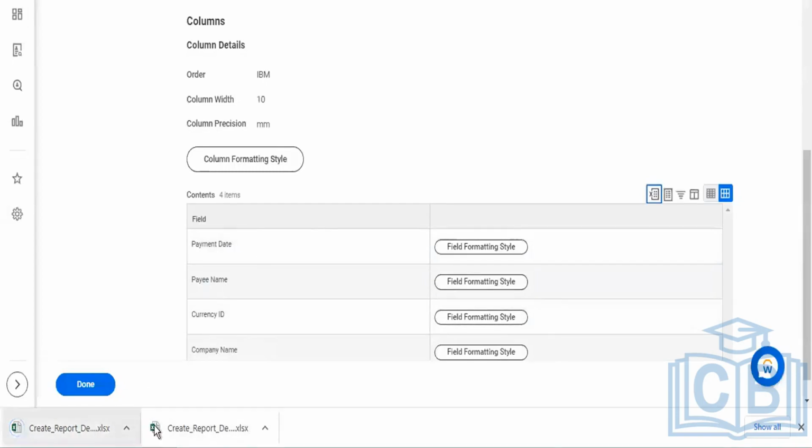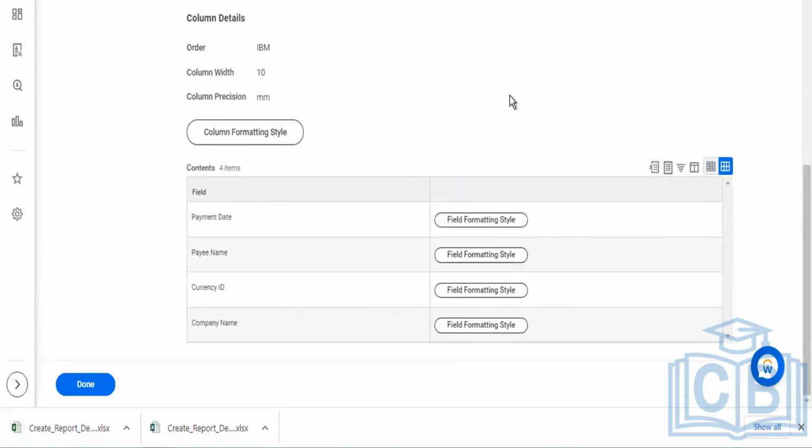Download it. You downloaded both the files. Post completing this, you can tap on done